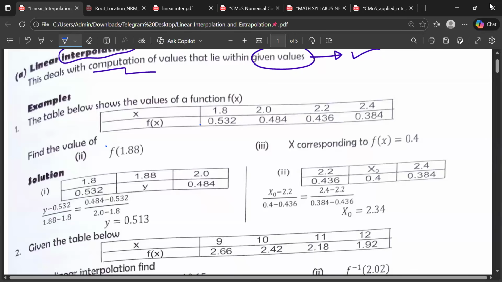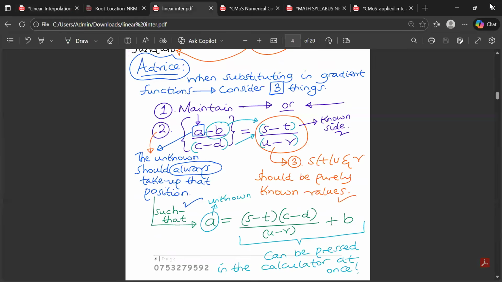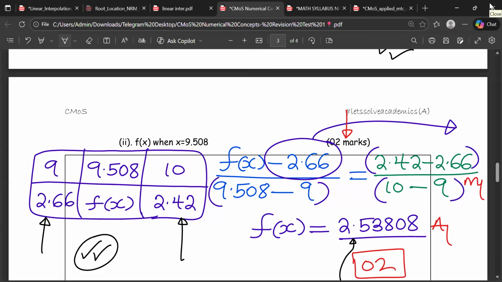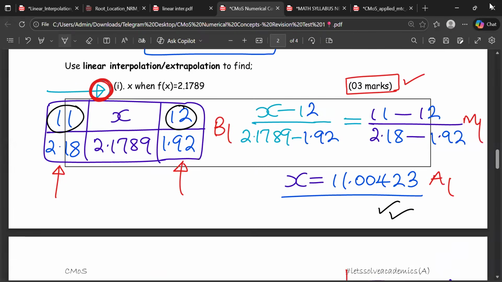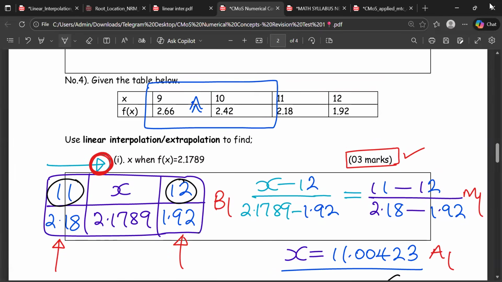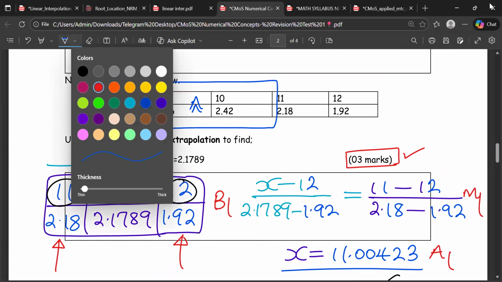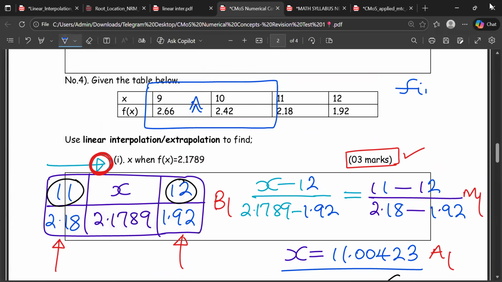They are asking you to get the value of this. What does that mean? It's for sharing ideas. If I'm to go back to this number of mine, yes. They have told you to find